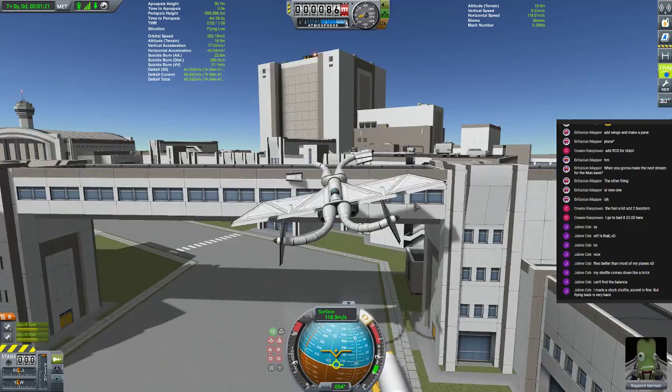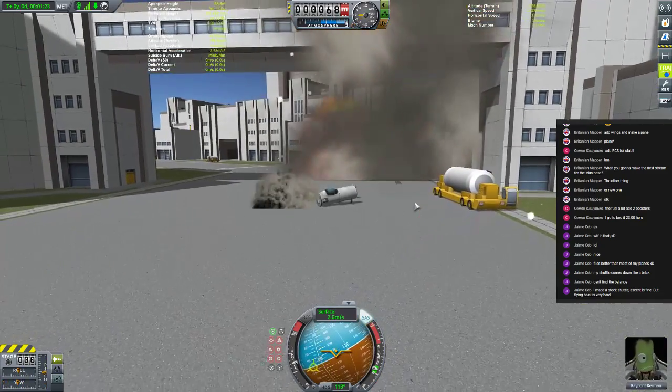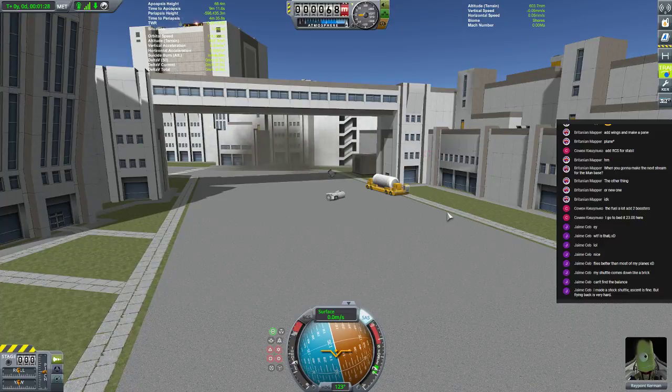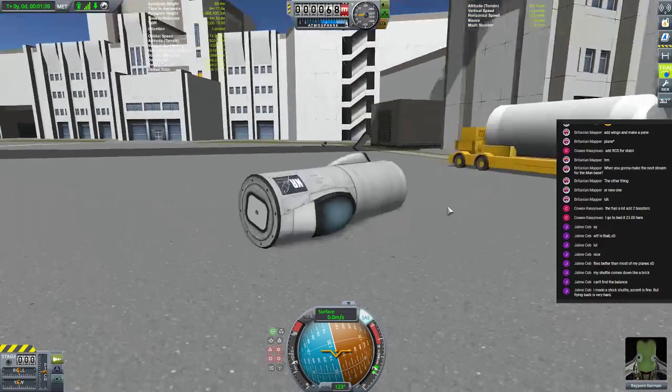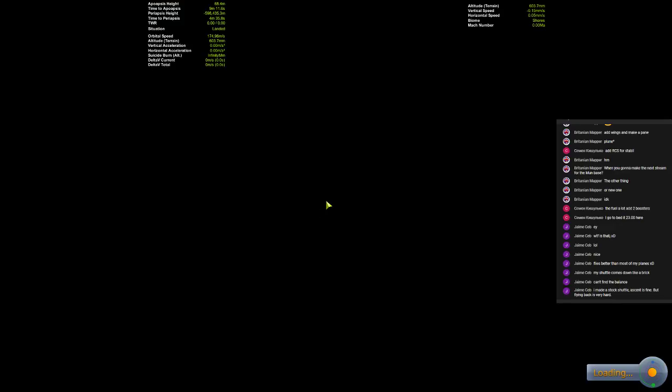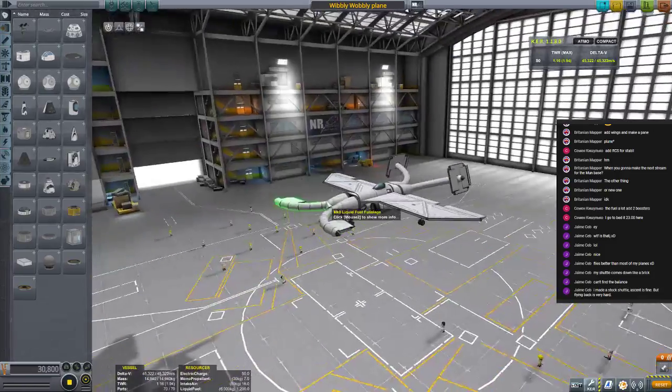No, it's way too big. It's way too big. I just stopped it. I made a stock shuttle. Ascent is fine, but flying back is very hard. Agreed. Oh, that's not what I meant by a stock shuttle. I meant the stock shuttles that